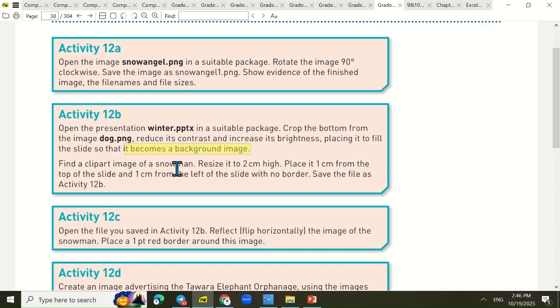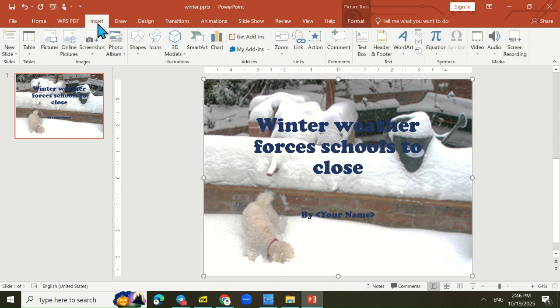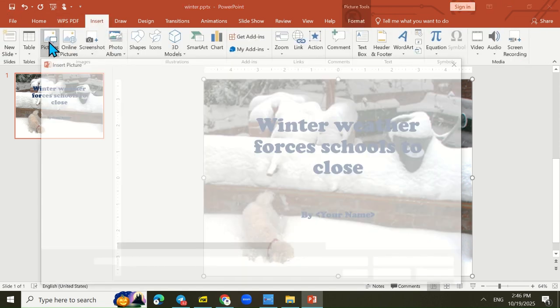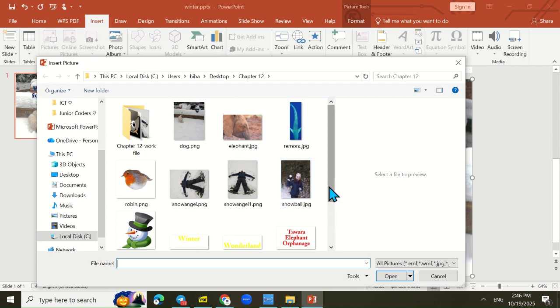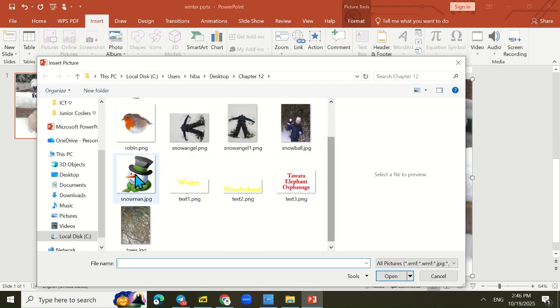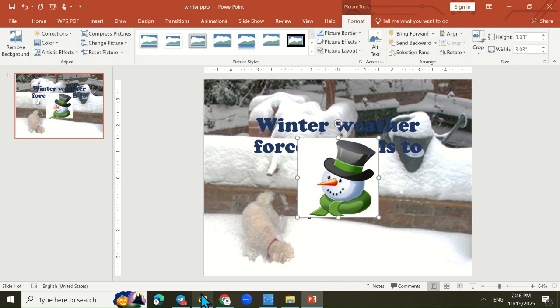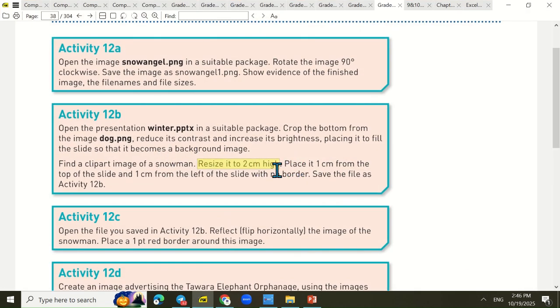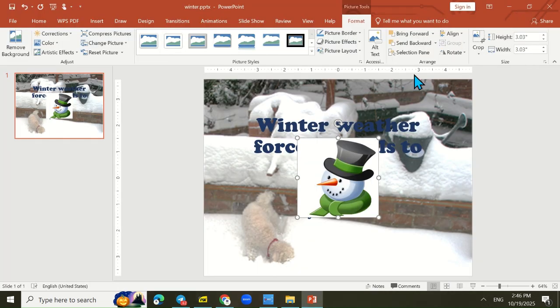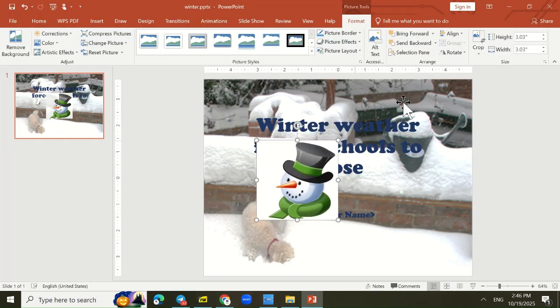Find the clipart image of a snowman and then reduce it to 2 cm high. Now I have the snowman. I have to insert it. Go to Insert tab, Pictures, and I have to find the snowman. This is our snowman. I have to reduce it to 2 cm high. When I click on the image, I may go over here. These are the heights of the picture, which is